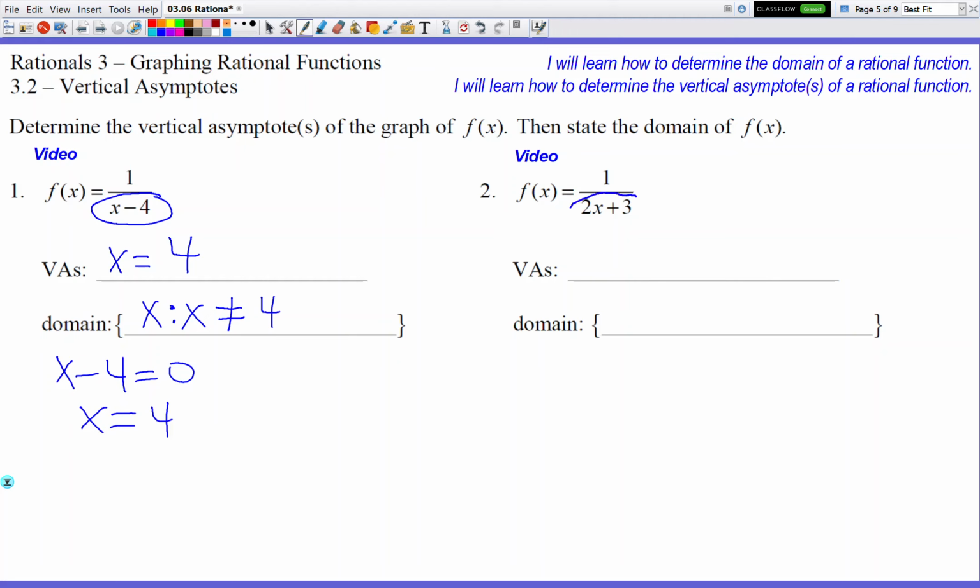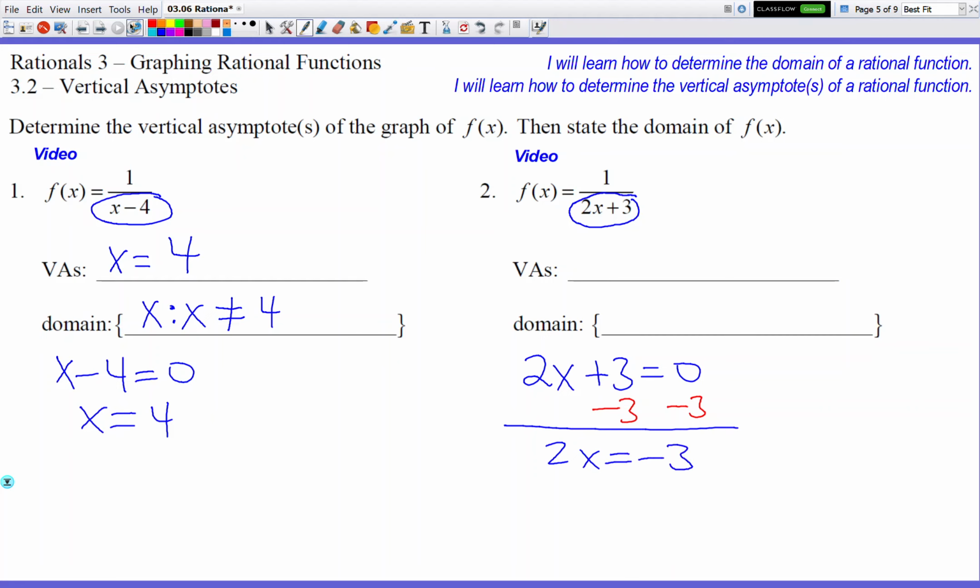So let's get the bottom of the equation. Let's set it equal to the number we never ever want to see on the bottom of the fraction, which is going to be a 0, and we're going to solve for x. This time I'm going to actually show what I'm going to do. I'm going to subtract 3, because there's a couple of steps it's going to take me to get to my answer of x. I'm going to subtract 3 first, then I get 2x equals negative 3, then I'm going to divide by 2, and then I get x equals